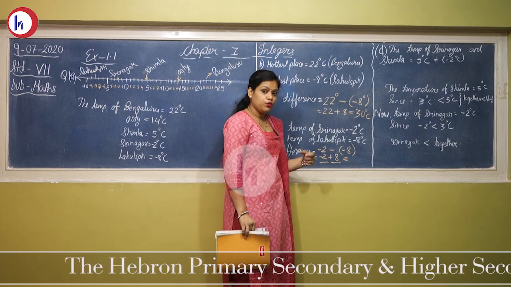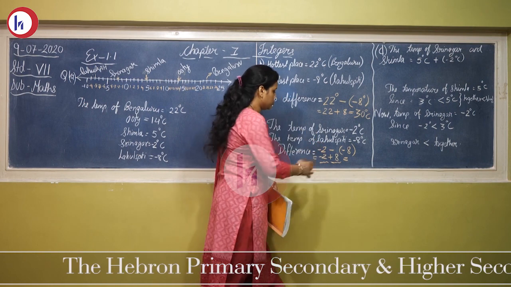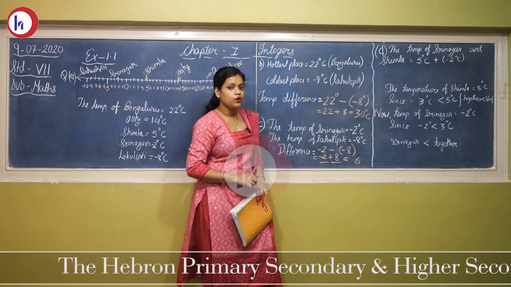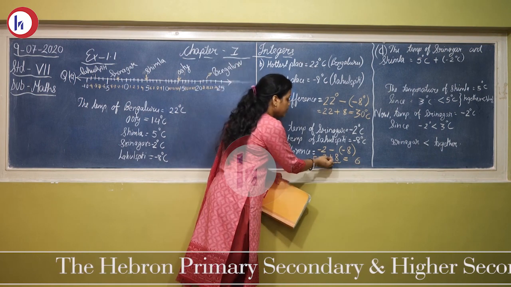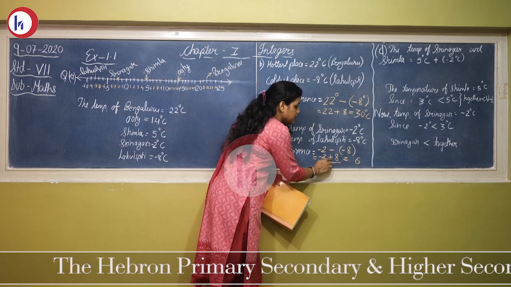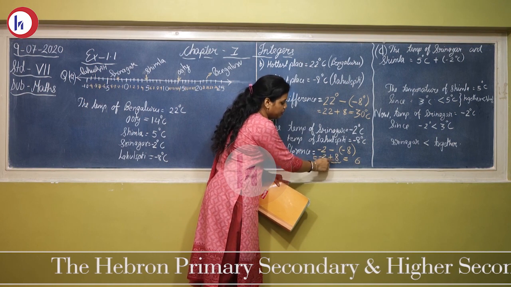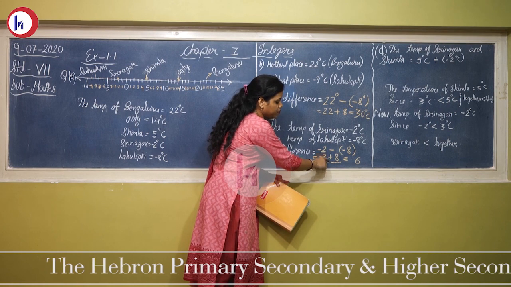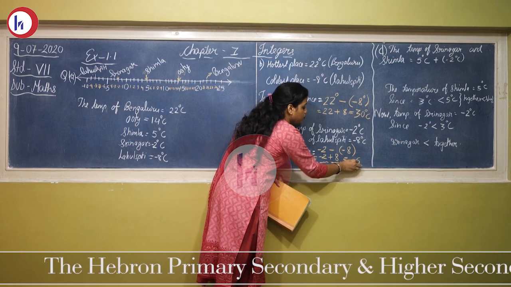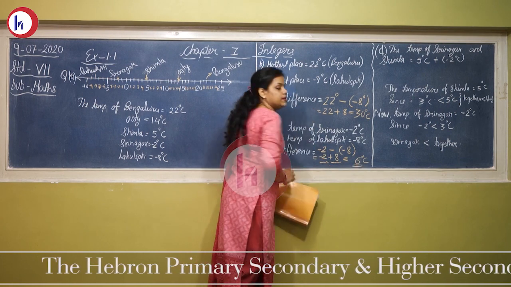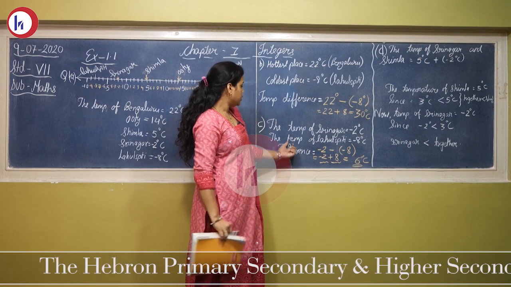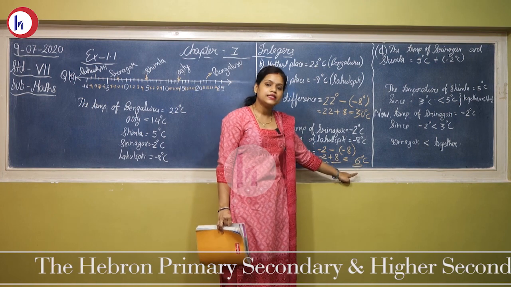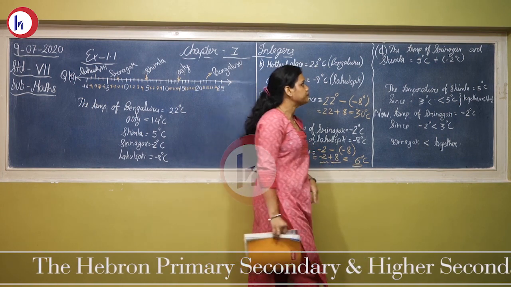So what you are going to do, you are going to subtract the numbers. So 8 minus 2 will be 6. Now which sign are we going to put for the answer? We are going to put a positive sign, as the greater number between the two integers is positive. So 8 is greater here with positive sign. So your 6 will also be positive degree Celsius. So the temperature difference between Srinagar and Lahul Spiti is going to be 6 degree Celsius.